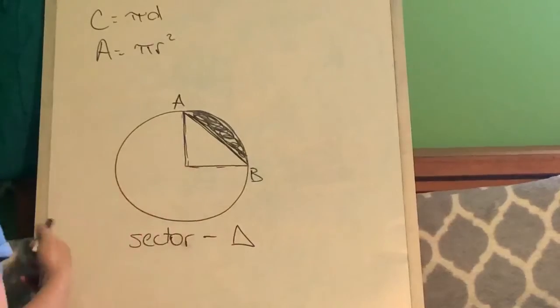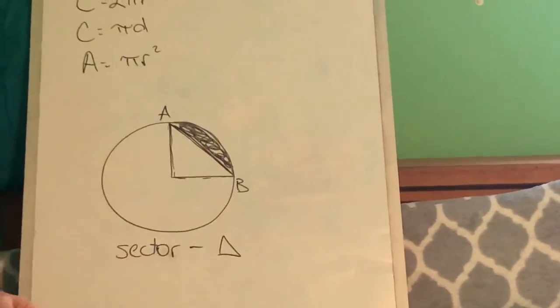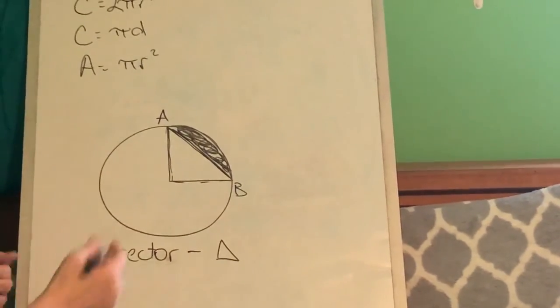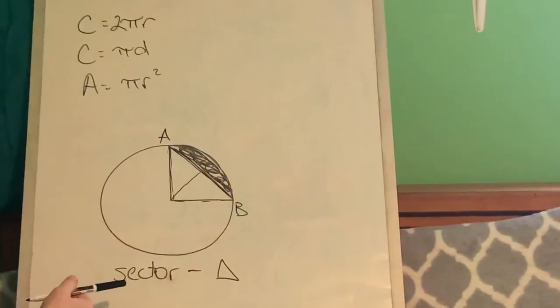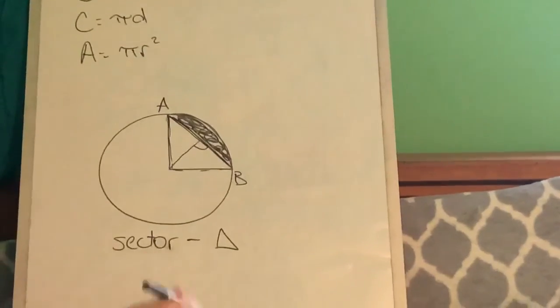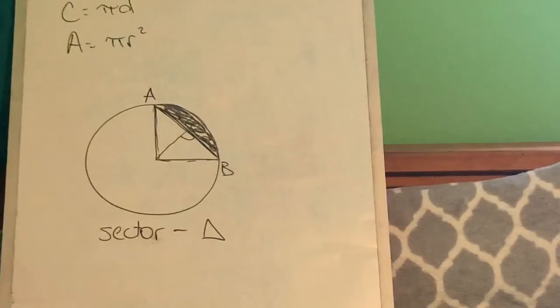You may find the area of this triangle. If it's a right triangle, you can use the Pythagorean theorem to find the legs and do 1/2 base times height. You may have to draw your altitude because it is isosceles and work it out that way. But we're going to find the sector using the method we just learned and subtract off the area of the triangle. Okay? But again, if it gives you some trouble, text me